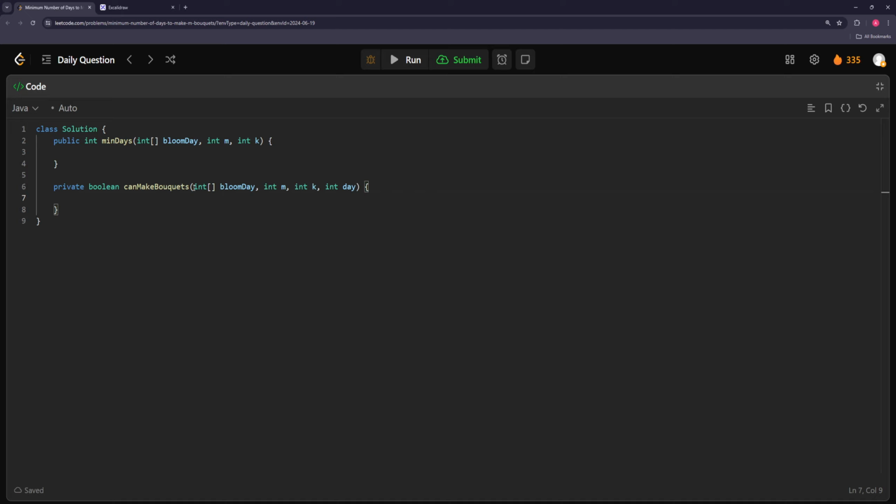So what we need to do is we'll have a result for the number of bouquets we made, start off with 0, and current for the total number of flowers we have, and then every time we reach k flowers, we can make a new bouquet. So that's all we need. So we're going to go through this array. So for int flower in bloomDay,